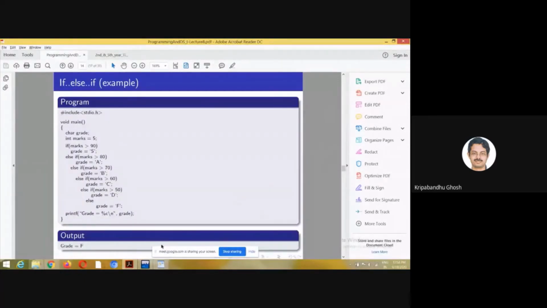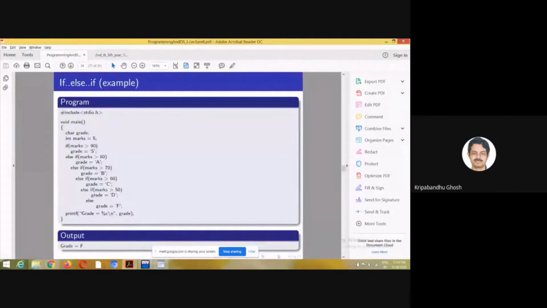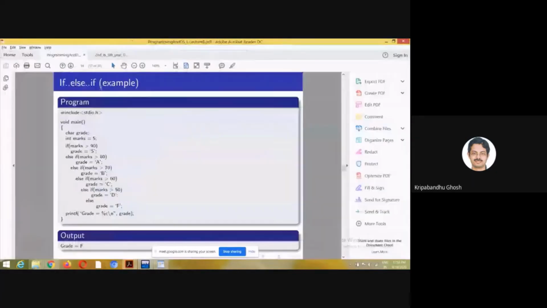You should try this out. Anyway, this is the code. So if marks is greater than 90, grade is S. Else if marks is greater than 80, which means that marks is not greater than 90, so marks is less than or equal to 90, it will check if it is greater than 80.